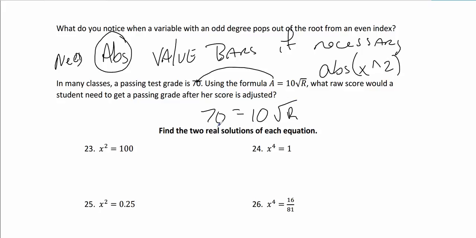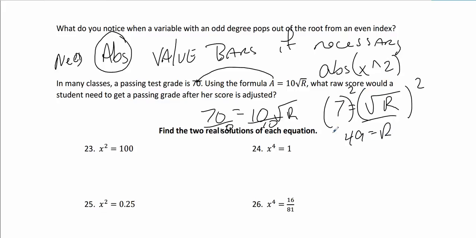How do I solve for it? I've got to divide by the 10, divide by that 10, right? So I get 7 equals the root of R. Now we have a square root of R. What's the opposite of it? Squaring both sides. Square and square root are the exact opposites. So 49 is equal to R. So this is the raw score. That's the raw score. So after, this is like before,